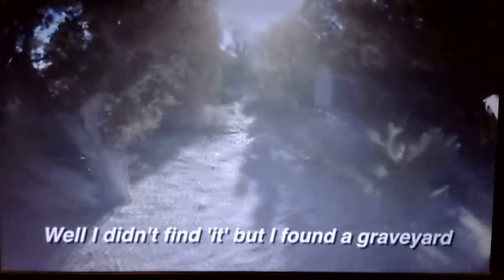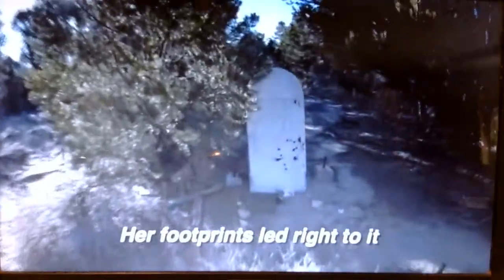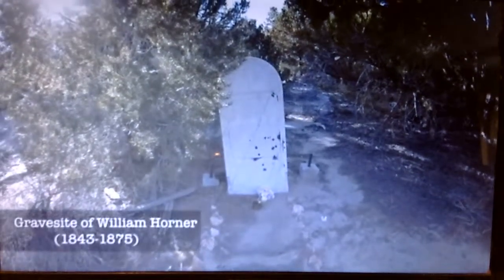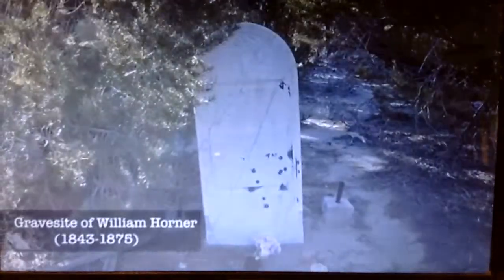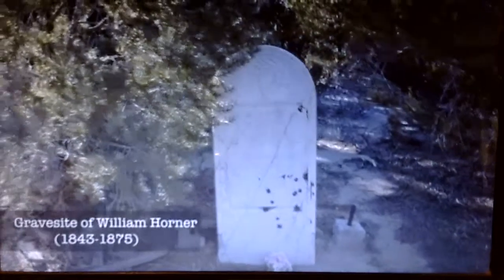Oh, you didn't find the grave yet? Well, I didn't quite, but I found a graveyard. Born 1843, died in 1875. She tried to take out Pence. It's not a graveyard here, but where's the...